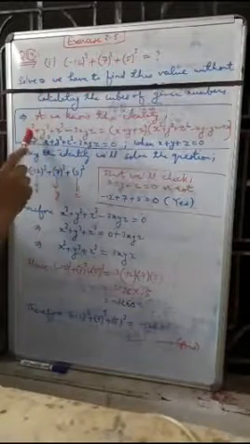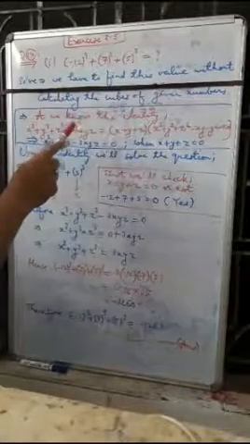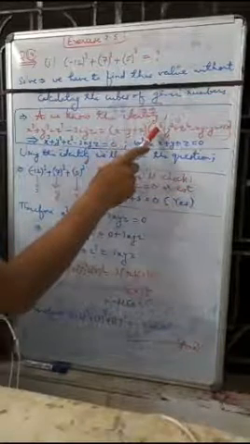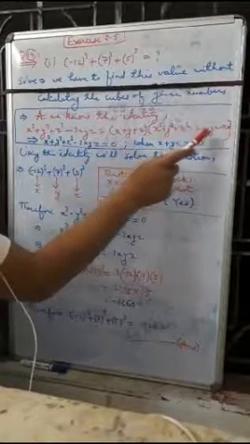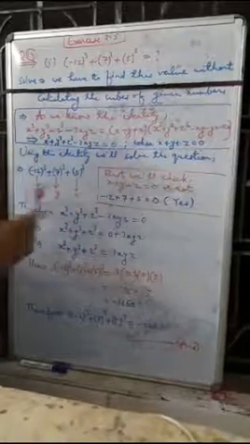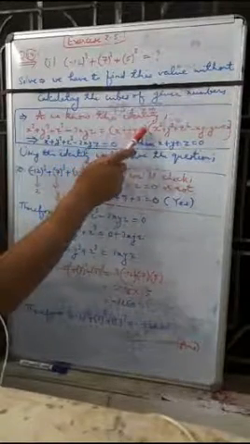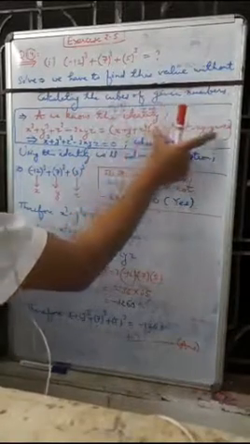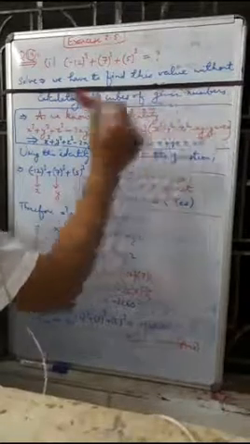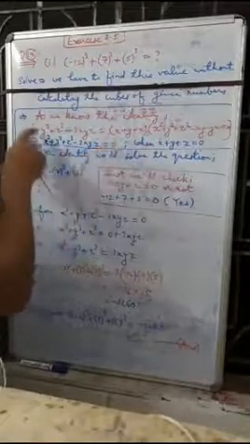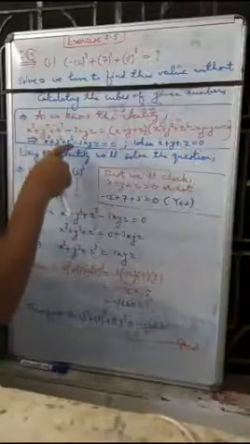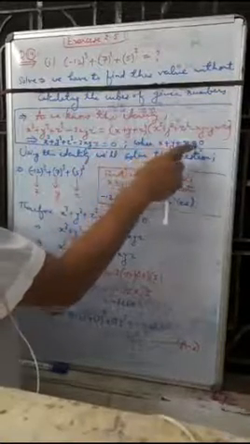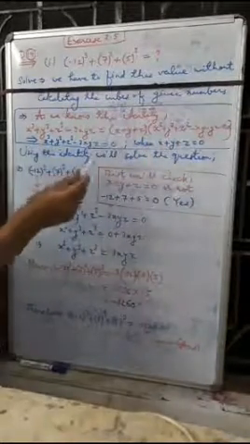So we know the formula x cube plus y cube plus z cube minus 3xyz is equal to x plus y plus z in one bracket, and in another bracket x square plus y square plus z square minus xy minus yz minus zx. If x plus y plus z is equal to 0, then 0 will be multiplied by the second bracket, so we get the result 0. So x cube plus y cube plus z cube minus 3xyz will be 0 when x plus y plus z is equal to 0. So using the identity we will solve the question.